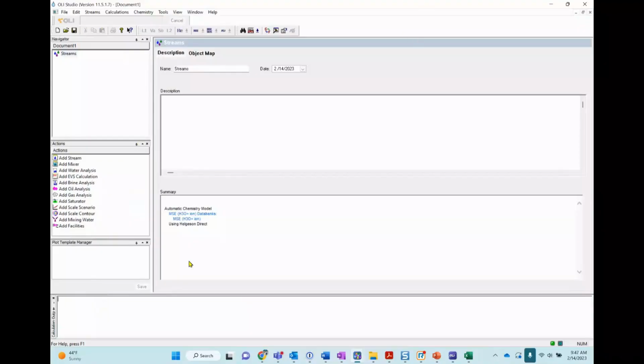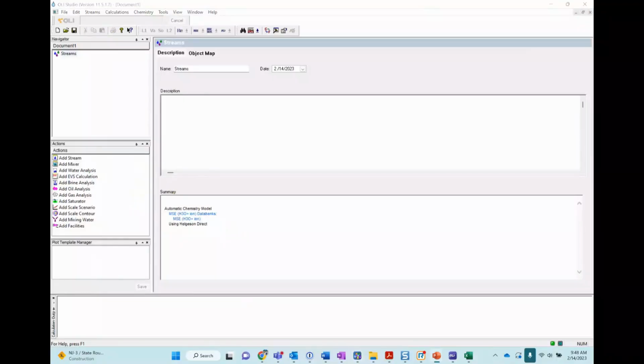The middle section of your stream will change once we add an object, but basically you will always see a description tab where you can always add information. And I like to use it a lot because you forget details. If you're doing 10, 20, 30 calculations, and then you want to go back and remember what you did, this is very useful to have written something there. And then you have the summary table. This summary table is also very nice because you will see quickly the results, if you're having what you need, etc.